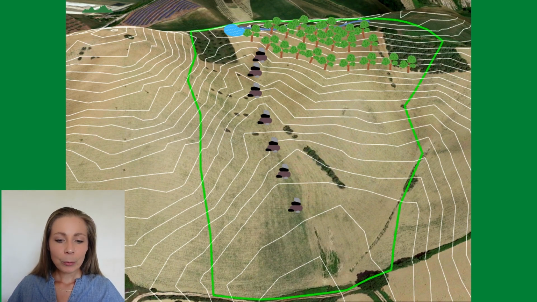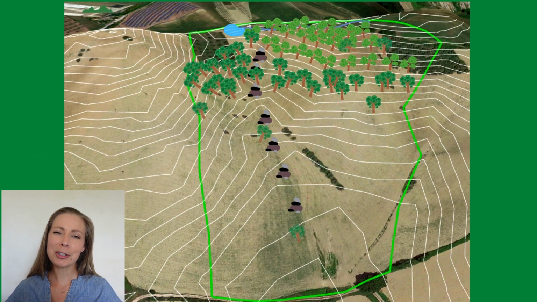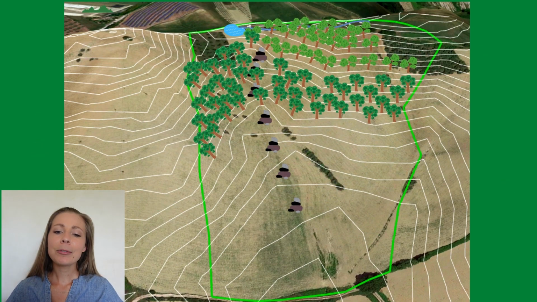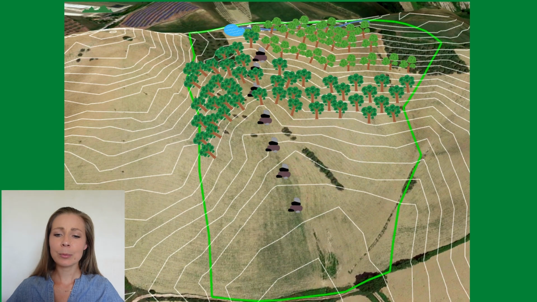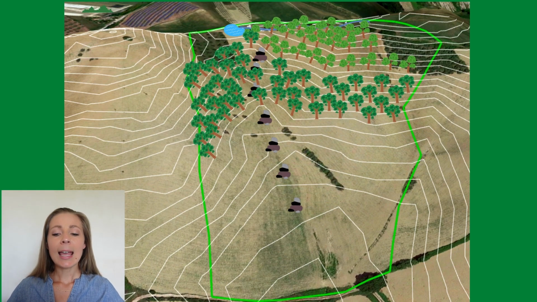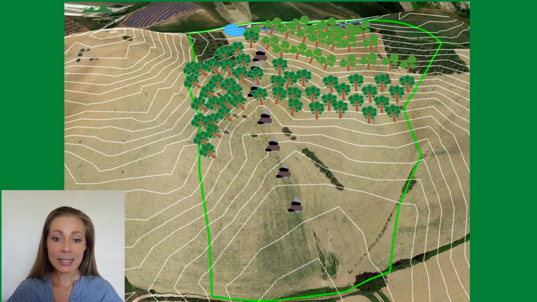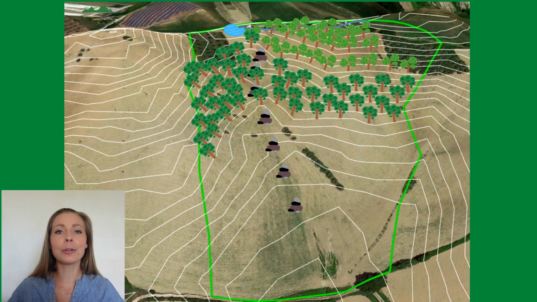Next, we are still left with a steep slope on the left-hand side, and we will plant it with erosion-controlled trees and shrubs to help regenerate the land. Some of these species are also windbreak species, so there's sometimes an overlap, but that's okay. The trees are planted along the contour lines again, and if it's too steep to efficiently plant the trees, we can create terraces, which is something that can be done with the help of an excavator machine.